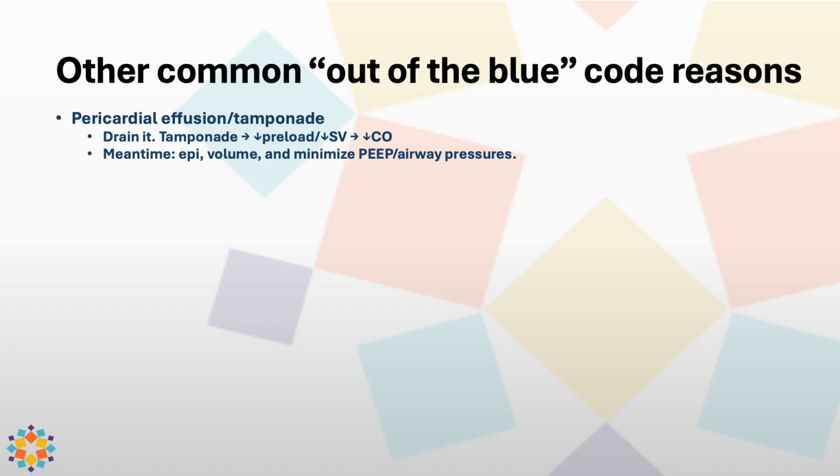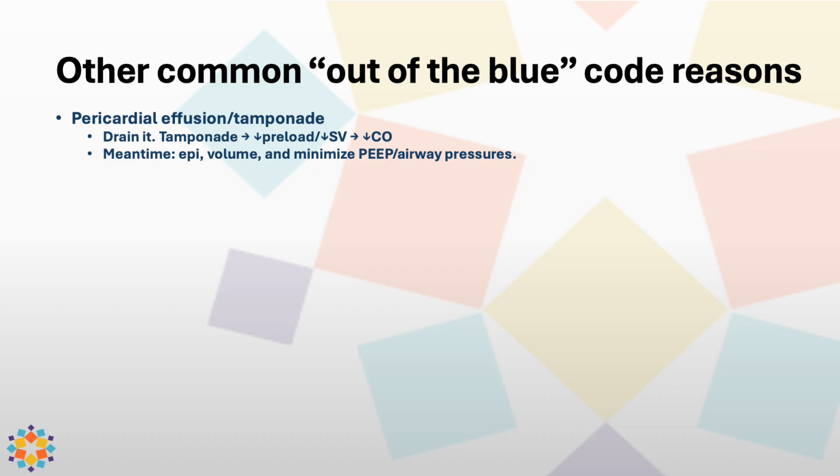So what do we do in the meantime? How do we treat it until we get it drained? We'll give epinephrine. Epinephrine speeds up the heart rate. So if your stroke volume is fixed, how can you increase cardiac output? Well, you increase heart rate. Give volume. Give lots of volume. Give blood, give fluid. Give blood if you need it,